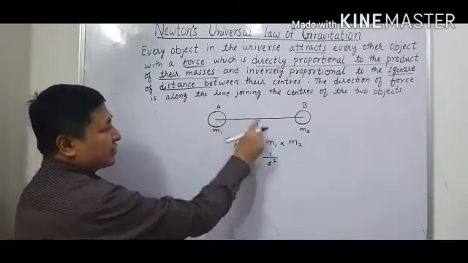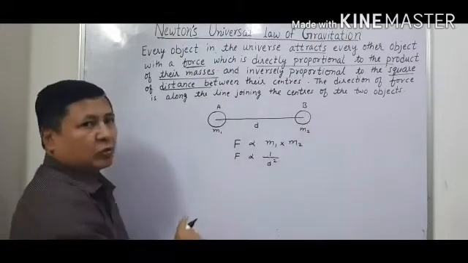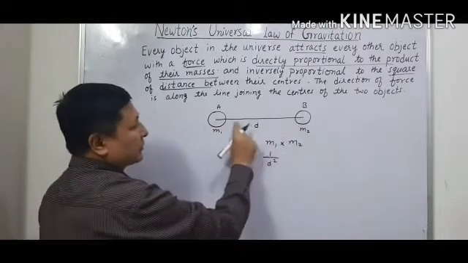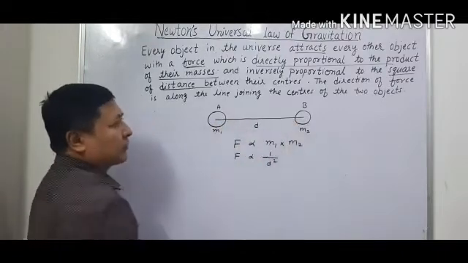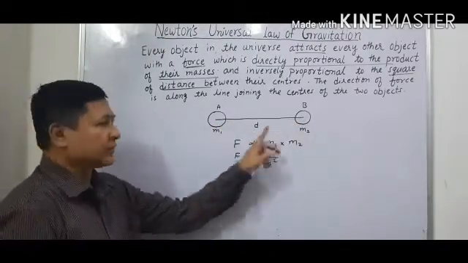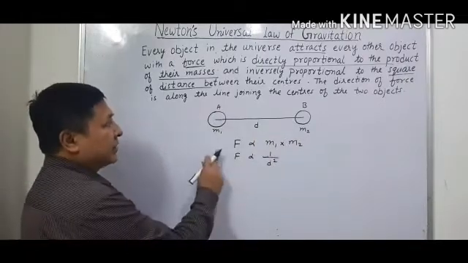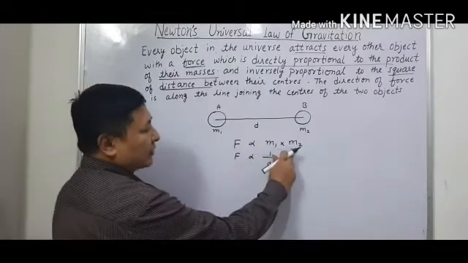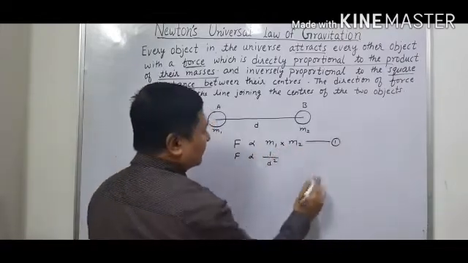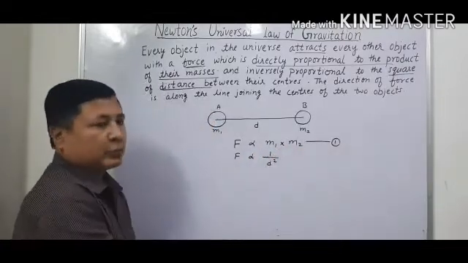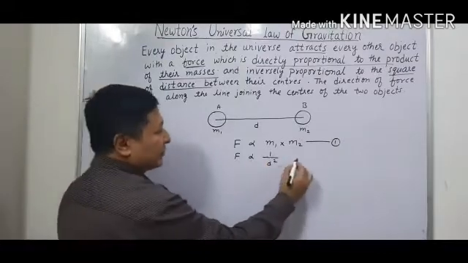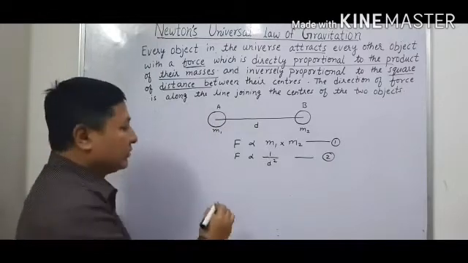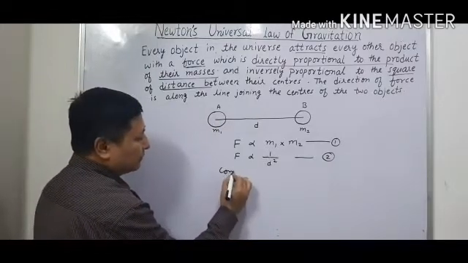Now this is the center of the two objects, and the direction of the force between these two objects will be along the line joining the centers of the two objects. Now if we take the universal law of gravitation, F is directly proportional to the product of their masses, that is equation number 1. And F is inversely proportional to the square of the distance between them, that is equation number 2. If we combine equation number 1 and equation number 2,